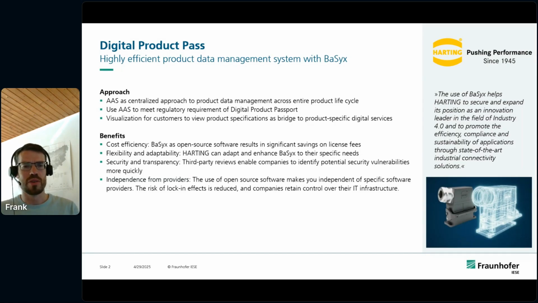And also, of course, the independence of providers, again from the open source approach, but also from using the asset administration shell as an open standard that can be used without any risk of vendor lock-in. And of course, now you may wonder, well, that's very focused on Industry 4.0,